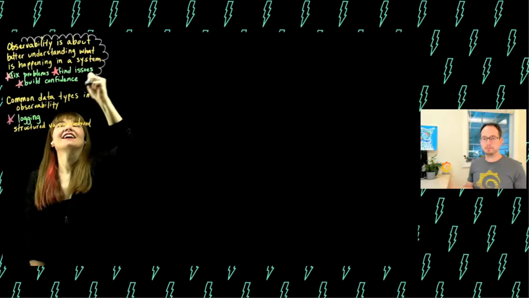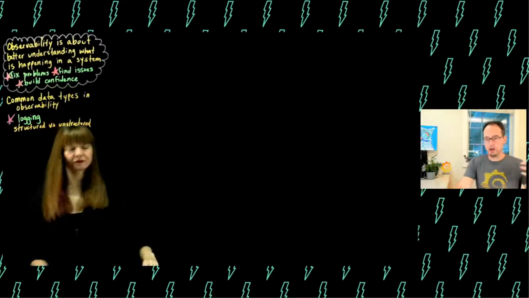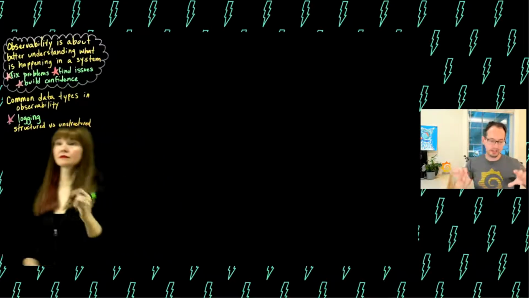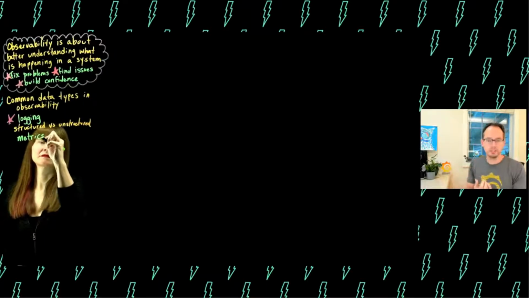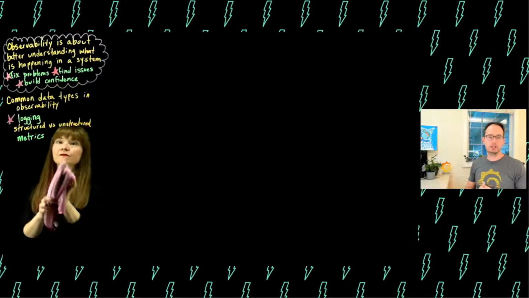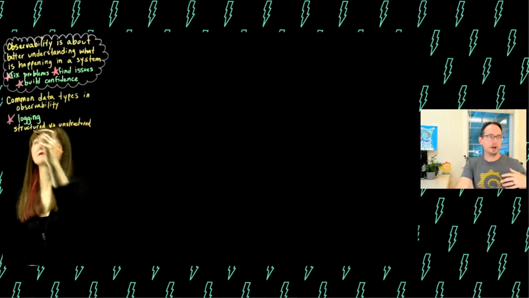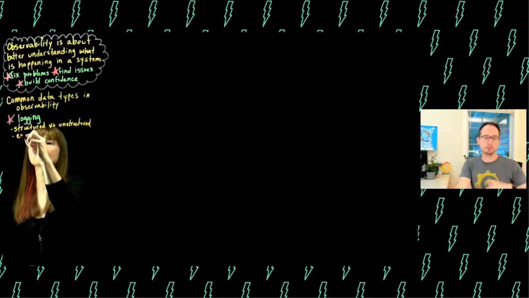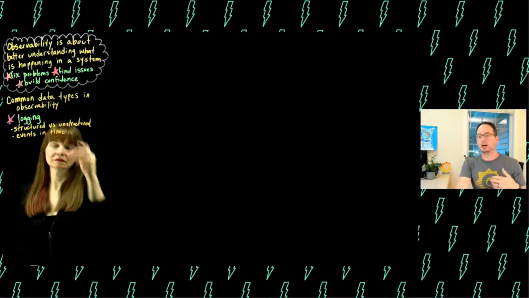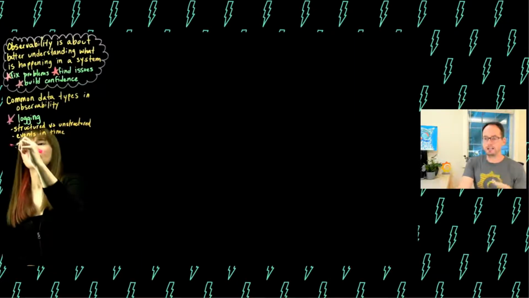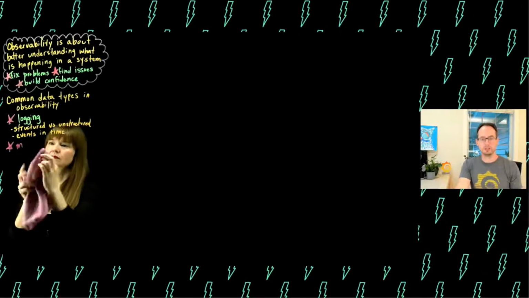The next data type that people talk about are metrics. So where a log is recording an event in time, metrics are more about a measurement of a certain thing that you're interested in. So metrics could be looking at how many requests came to a certain service or how many database connections you have open. Metrics are less about an individual event in time, but counting things or measuring things over time.